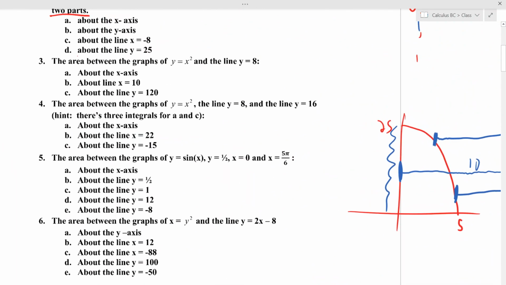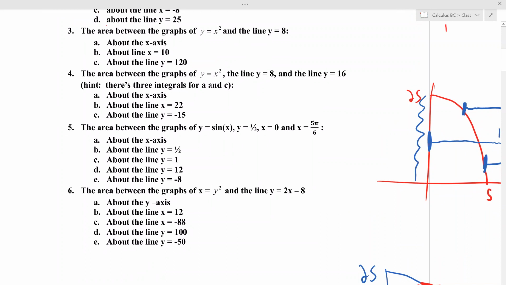5 looks a little scary because I'm giving you a trig function, but it's not too bad. You know what sine looks like, right? It goes up and then it goes down. The sine x equals 1/2. I mean, y equals 1/2. So we know it equals 1 right there. So a half is right here. Cool, so if you draw that line here, it chops off that, okay? And x equals 5 pi over 6 is right here. So what you're really looking at is that shape right there, where this is 5 pi over 6 for x, comma a half, because that's the y value, and this first one is pi over 6,